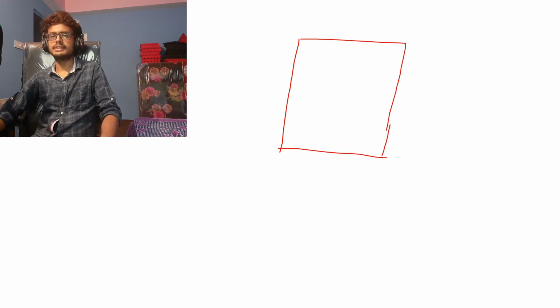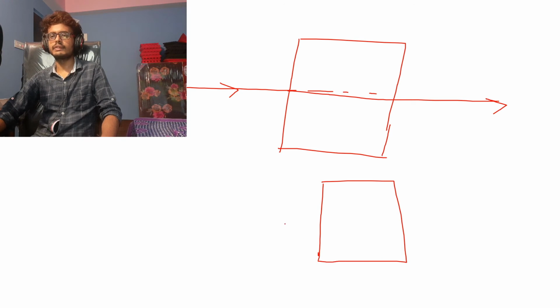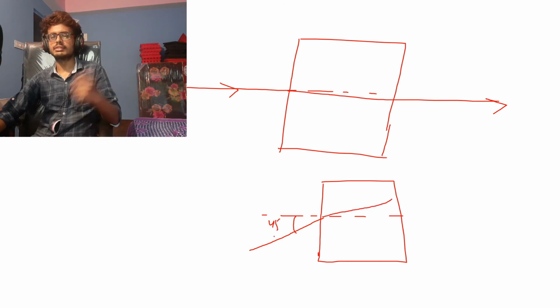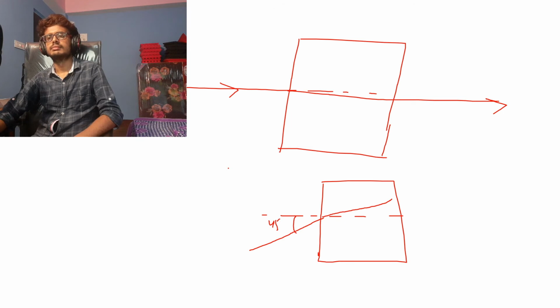So something is incident on the slab. First, the incident angle is 0. Whatever this is, it's the normal. It is incident directly on the normal, so it just goes out straight. In the second case, it's incident at an angle of 45 degrees with the normal. This is the incident ray, and this angle is 45 degrees. So it will bend towards the normal. That's it. So you get it. What is the difficulty in doing this?